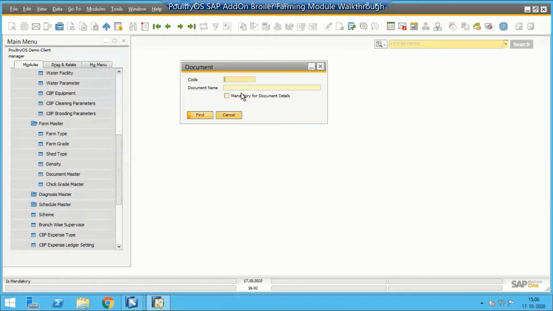Yes. As well, we are providing an advanced facility. If you want to attach the soft copy, you can attach it here, and let's say after 1 year, if you want to see it, you can see that attachment also. Can my supervisor collect these documents while he's in the field, let's say through a mobile app? Yes, that is also available, because we have given activities on mobile applications from the agreement to daily transactions. So essentially the supervisor can collect all this information through a mobile application. Yes.